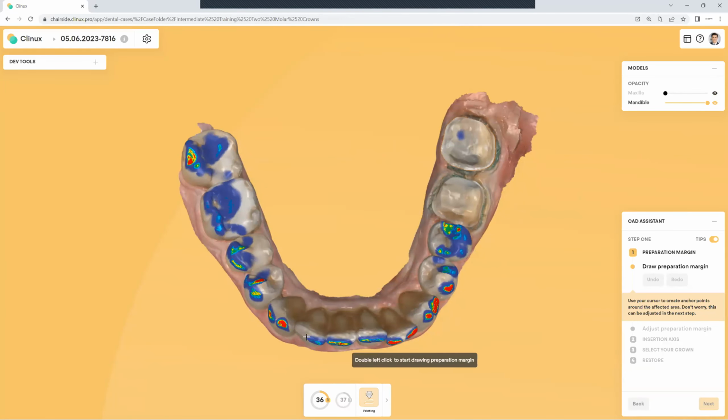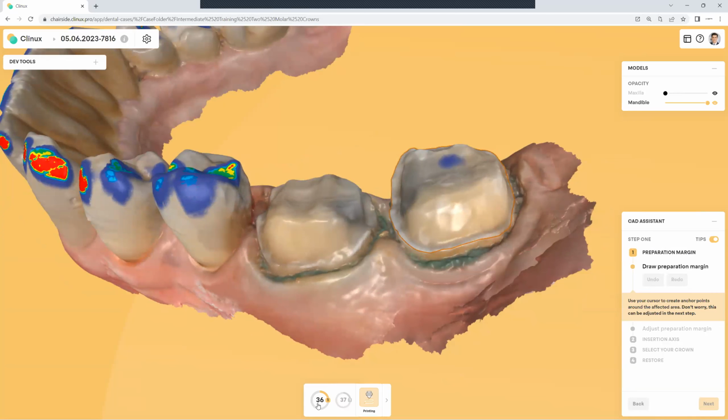So on 3-7, you see that the margin is already drawn. I am on step 1, preparation margin, draw preparation margin, and I'm on tooth number 3-6. And this is important. You make sure that you are on the tooth selected before you start working, okay? So go ahead and choose tooth number 3-6, and then I'm gonna show you how to draw a margin here